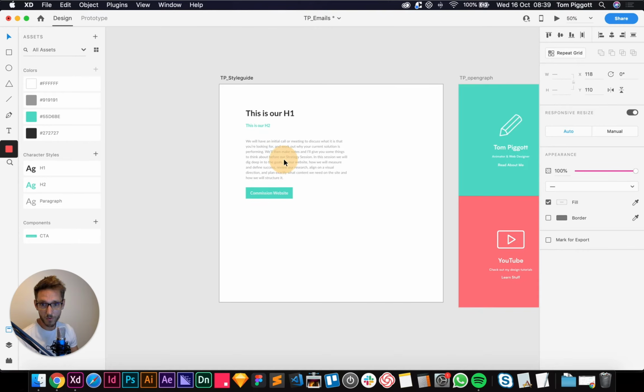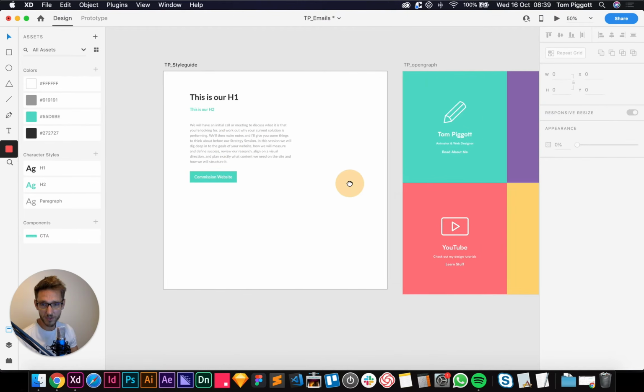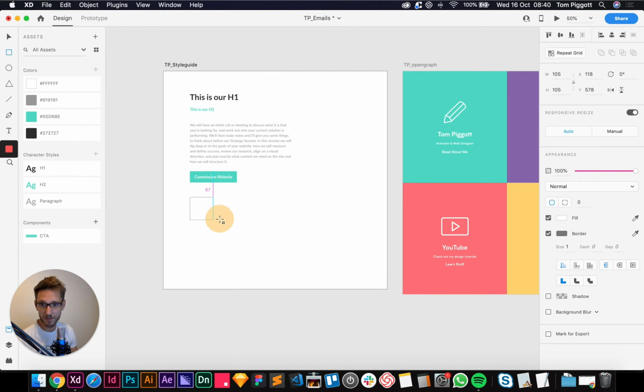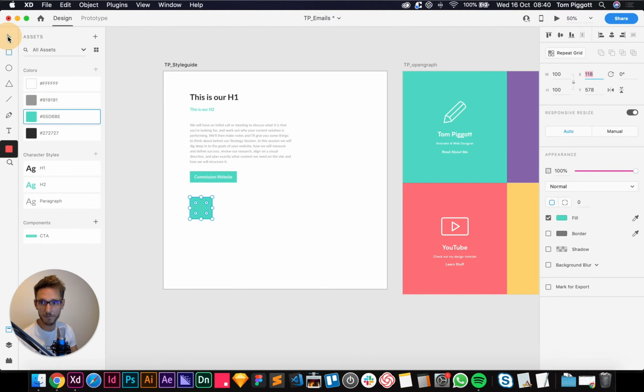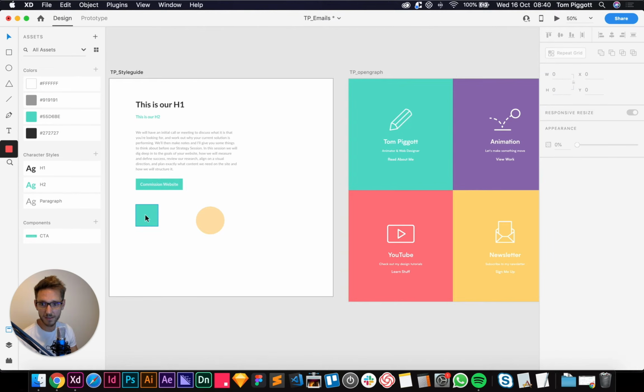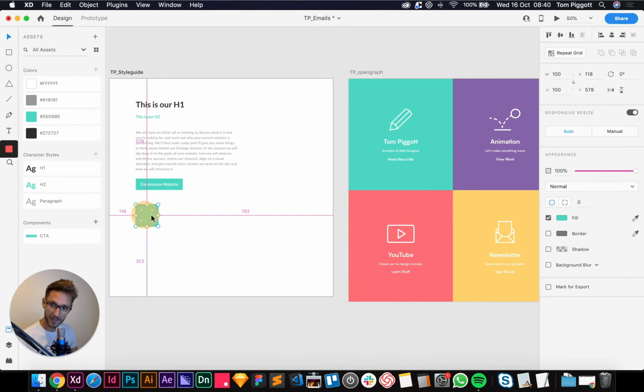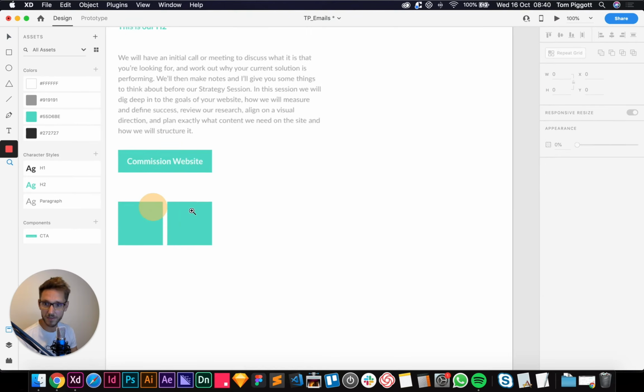So what we want is the rest of our colours. Now I'm not going to use them all today, but I'm just going to get them set up in my style guide anyway. So we know we've got the green one. And what I like to do is I just draw out a little square. Maybe let's make this 100 by 100. Take off the border, and I know my main brand colour is green. If I hold Option and then click and drag and hold Shift, I can drag out a new box, and you can see I've moved it 10 pixels to the side of that one.